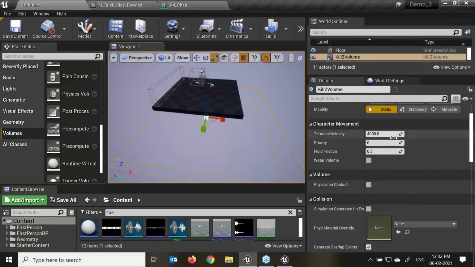Here we have the terminal velocity, priority, fluid friction. If my character is falling in water or any mud, what kind of fluid friction it will give. A water volume is there, like this, for swimming. Once my character is walking on the ground, then it starts to swim. So again, that kind of effects and trigger we need to give; we need to click on this water volume. There are multiple options.